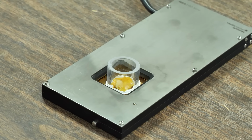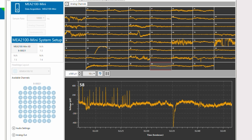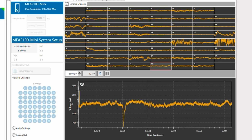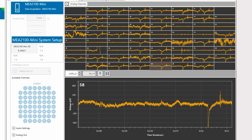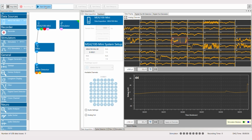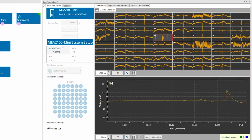Let's try this again with our homemade electrode array so we can examine a wide area of Jerry and see how that looks. Right off the bat, this looks way different than the high-density array. Now we can see larger voltage spikes and swings, presumably because now we've got a better view and have the growing edge of Jerry sat on top of some of the electrodes. When we try the stimulator again, we see a massive spike on the various electrodes, but this time the far away electrodes show some really neat